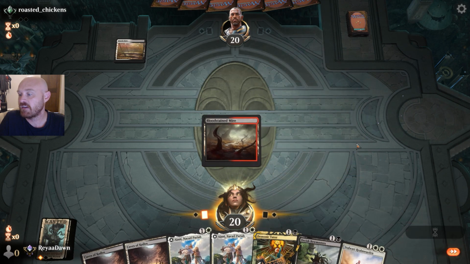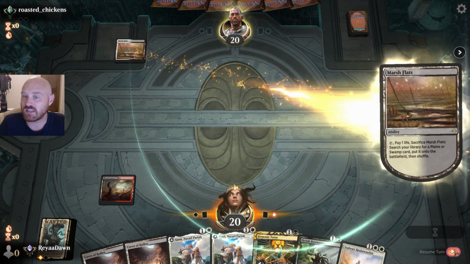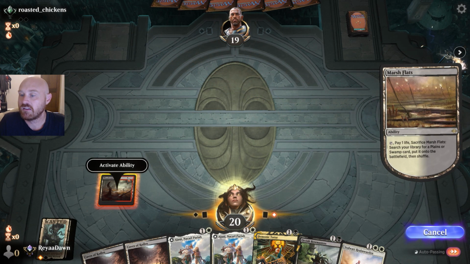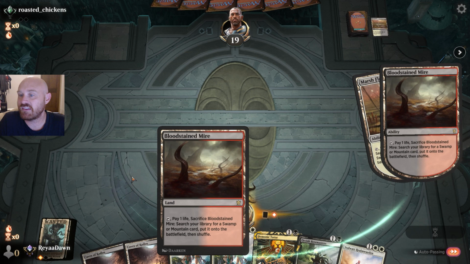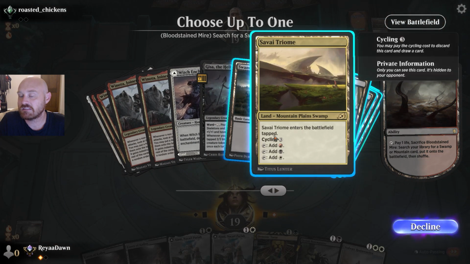Marsh Plots. Okay. We're going to try to not get stifled here. This sure seems like a type of deck that is going to play Stifle. So let's just be proactive and not let ourselves get stifled. Let's go get...